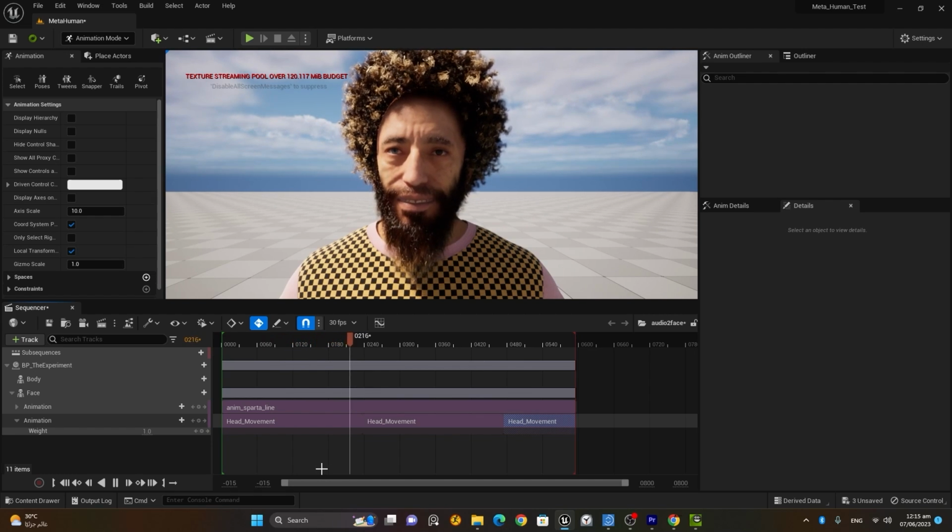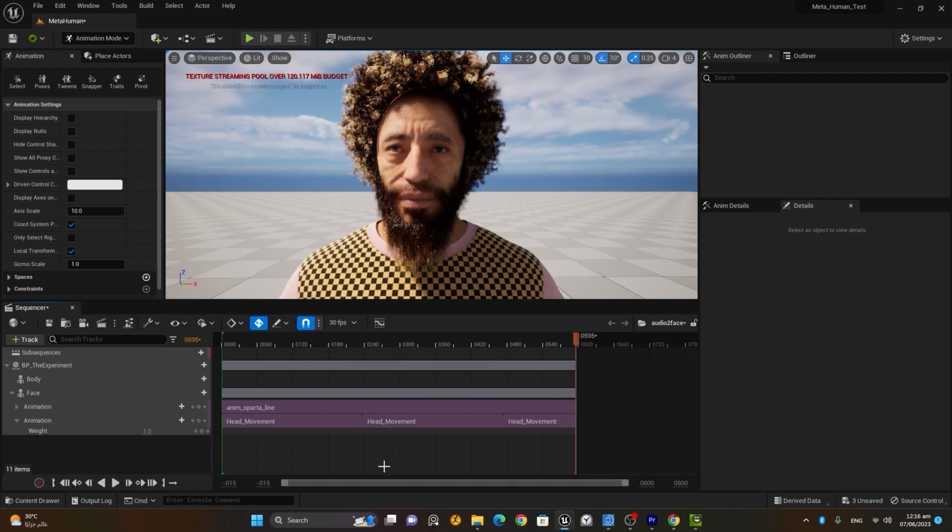Okay, much better. You can say live link facial animation. So head movement you can record in the live link, and the facial animation, the lip sync, you can record in the Audio2Face. Now, once you are done with this, what we can do is simply